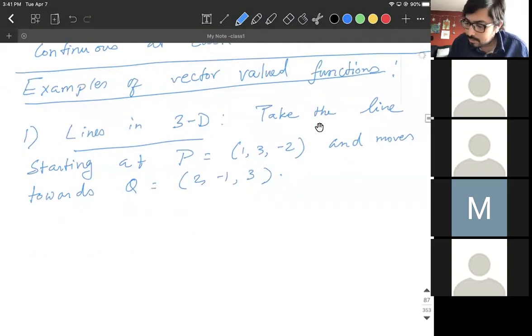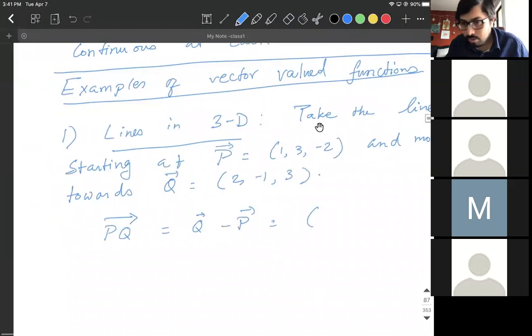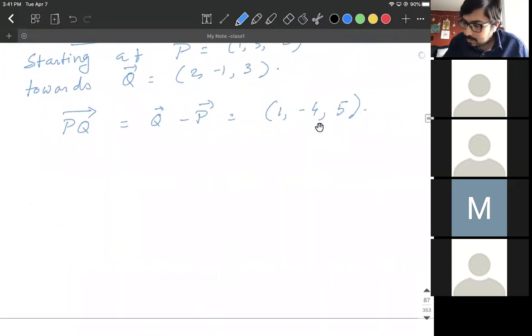Then the direction vector from P to Q is given by subtracting, Q minus P, which is (1, -4, 5). And hence this function V, from X to R3, where X is a subset of the real numbers, is given by